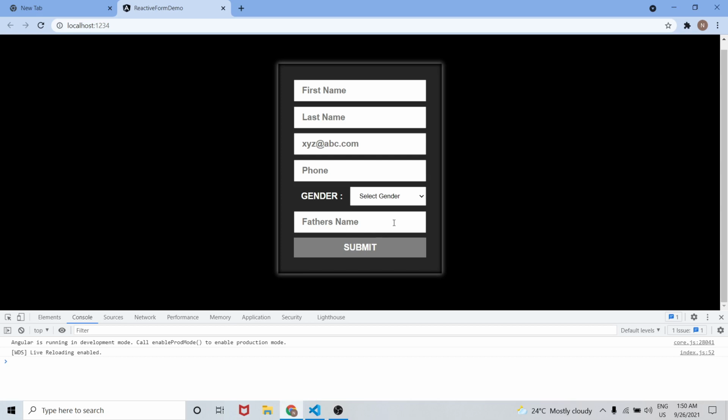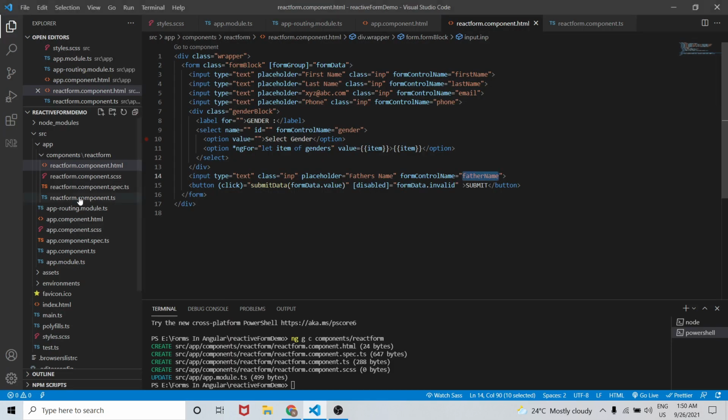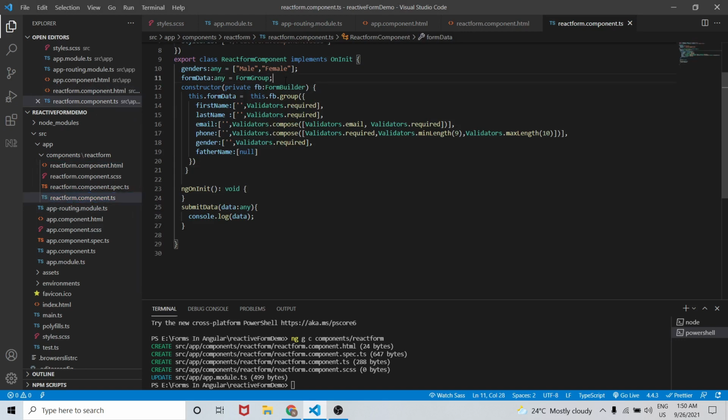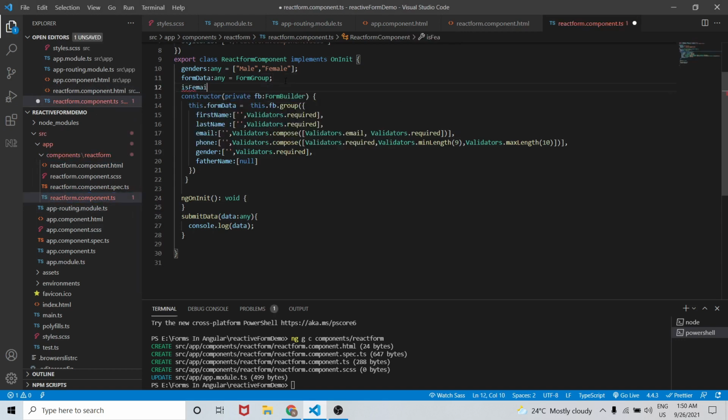Okay, so now as you can see, it is coming directly by default. So first of all we will make it dynamic. So let me add one boolean here, isFemale, so it will check if female has been selected. Initially it is of type boolean and the initial value is false, and on ngOnInit we will check all this.